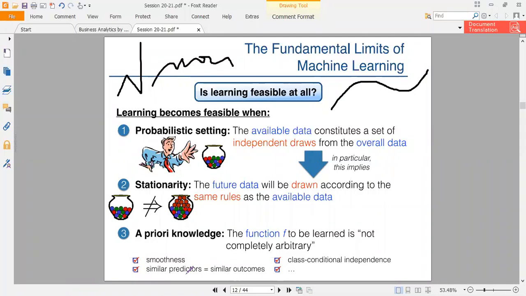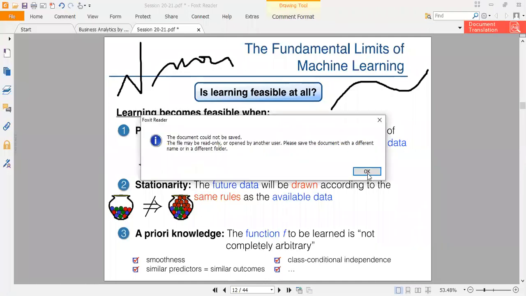The second thing is that if you have similar predictors, जो आप यूज कर रहे हैं, जो आपके explanatory variables हैं, उनकी values अगर आपकी डेटा के अंदर similar हैं, तो जो उनकी outcomes होंगी, they're also going to be similar. So now this is an assumption that you guys were using while making those statements